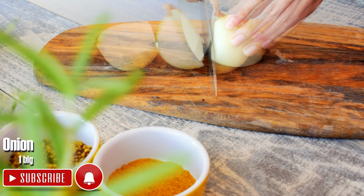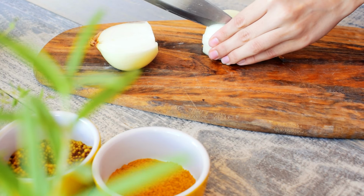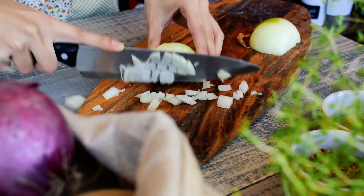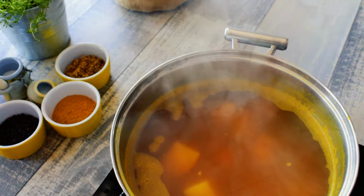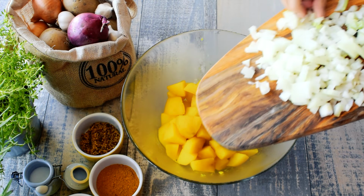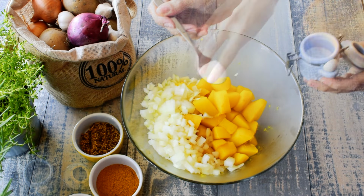Meanwhile, chop 1 onion for extra flavor. Strain the potatoes from the water and transfer them to a large bowl. Add the chopped onion, 1 teaspoon of salt,